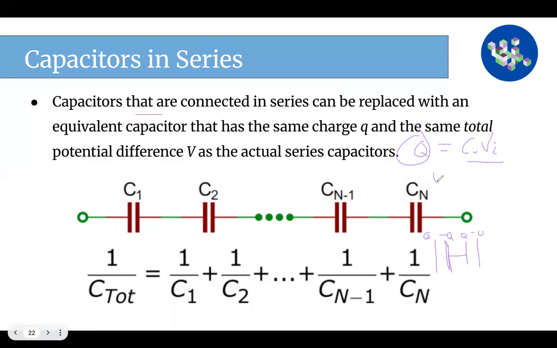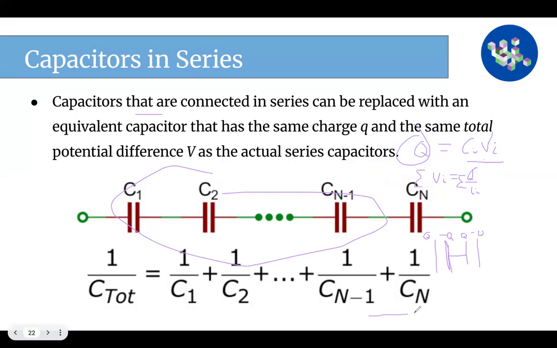If I sum both sides again, notice that now I have the capacitance in the denominator, meaning that I can replace this entire group of capacitors in series